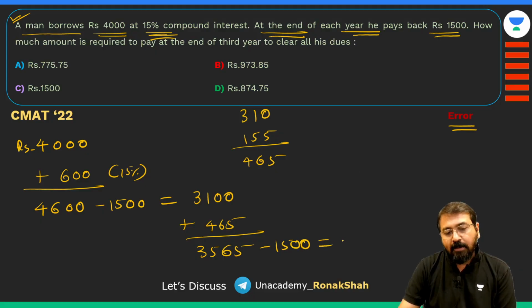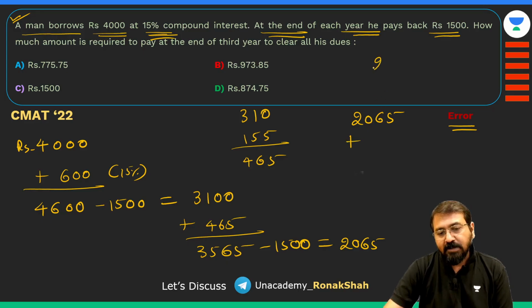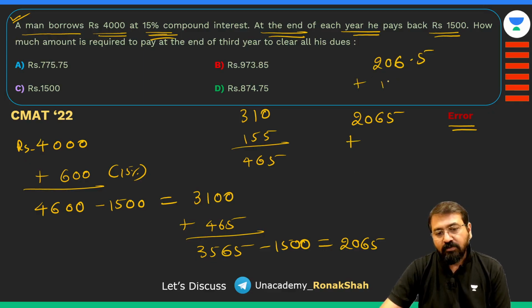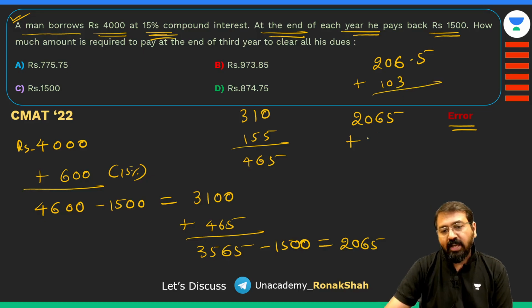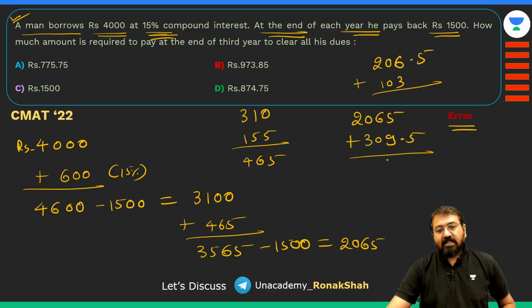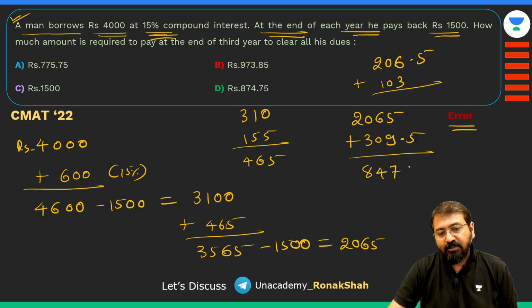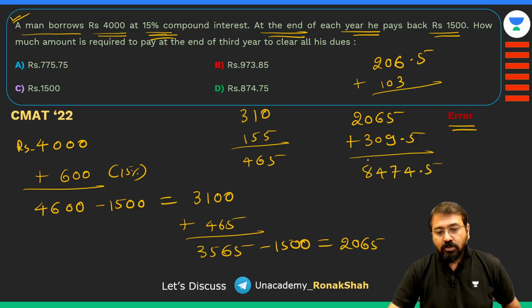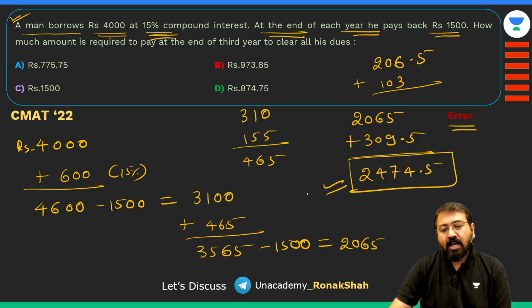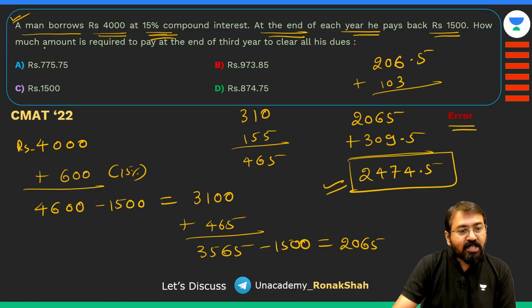इसमें से 1500 रुपये इंस्टॉलमेंट आपने सेकेंड ईयर में भी पे कर दिया, तो अब आपका बचा कितना, 2065। अब थर्ड ईयर में क्या होगा, 2065 पे 15% इंटरेस्ट लगेगा, तो इसका 10% 206.5 होगा, प्लस इसका हाफ कर दो, सो 103 अप्रोक्सीमेटली ले लो, तो कितना हो गया, 309.5 रुपीज का इंटरेस्ट लगा, तो ये आपका कितना हो जाएगा, सॉरी, ये आपका कितना हो गया, 2374.5। तो एक्चुअली थर्ड ईयर के एंड में आपका इतना आउटस्टैंडिंग है।